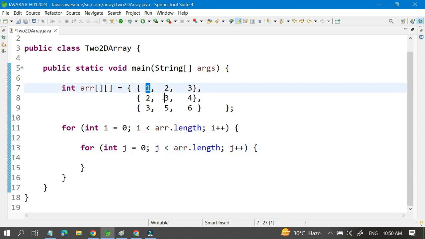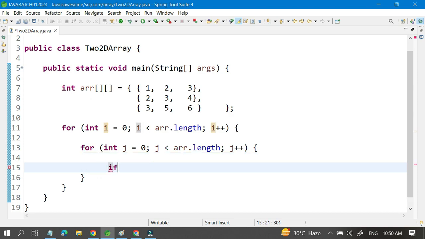Then i is 1 and j is 1, also take this value. If i is 2 and j is 2, that time you have to pick this value and add it. So simply in the two for loops, I will write one condition: if i equal to j,